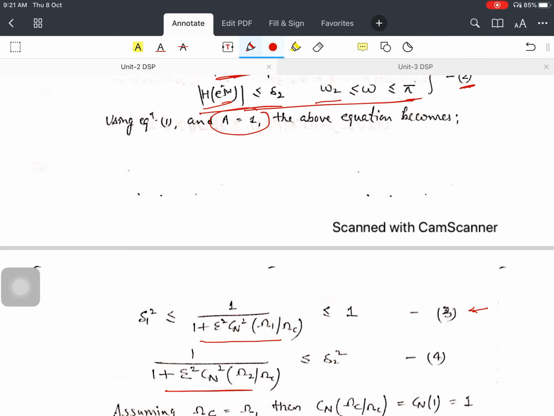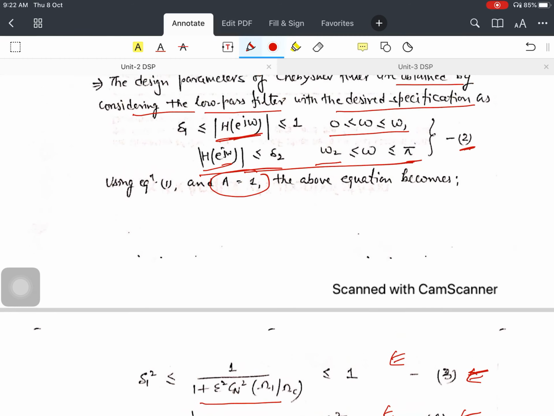So we will get equation 3 and equation 4. Most of the time in the question, we have to compare the given equation with equations 3 and 4, and from equation 2